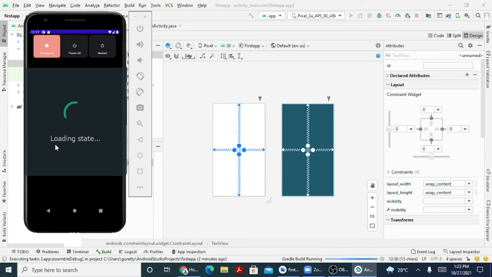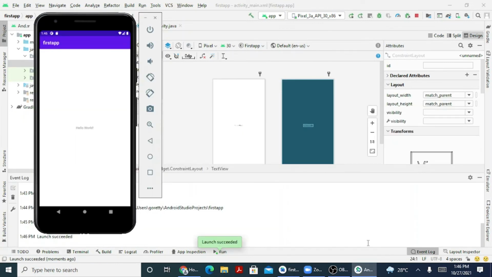Every system can have this specific mobile look, or you can change the look as per your need. Currently I have the Pixel 3a API, which was selected by default by Android when it installed. If I want any specific one, then I can set a specific virtual machine. For that, I need to just select that particular thing and download it onto my system. Then only it will work. The app is getting launched on my system.